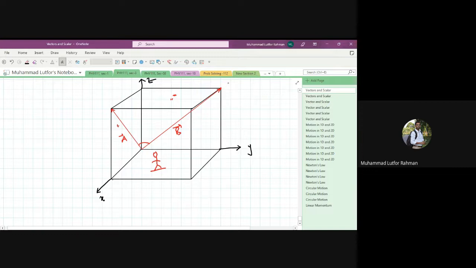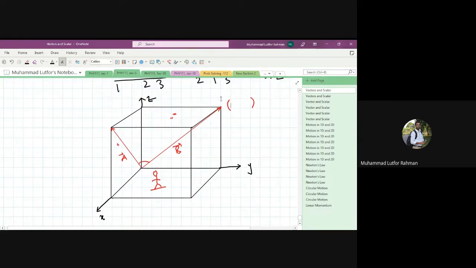Can anyone tell me what could be the coordinate of that point? Say the unit of this one is one, this unit is one, and the z axis is also one. Then what is the coordinate of that point? Sir, it will be i, j, and k simply. No, one. That's the unit vector. So 1, comma 1, 1. No, no. So that point, it would be